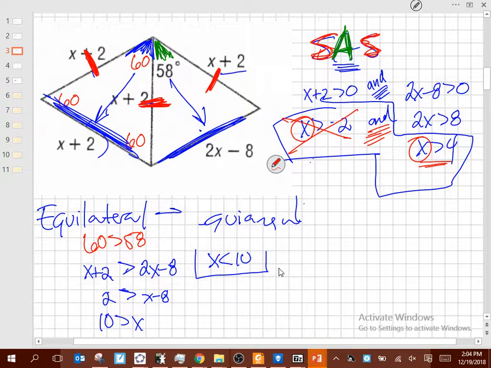That is an inequality that has to be met, but it's not part of our solution. This is the one that becomes part of our solution. That is called the most restrictive inequality, or a lot of times they call them conditions. And that's the one we choose when we have an "and" statement like this. We need both things to be satisfied at the same time. You choose the one that's most